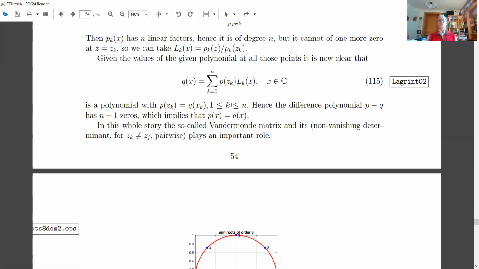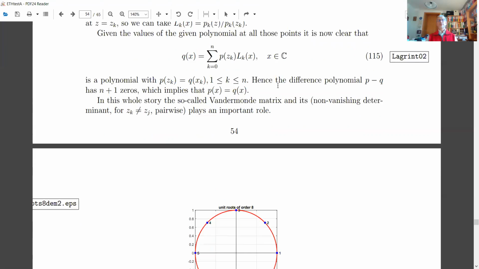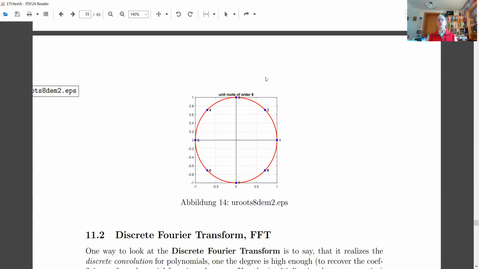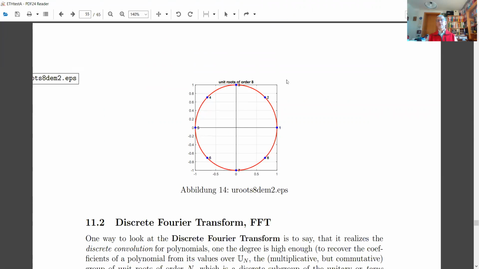Now, what has this to do, and why do I tell you this story? It's because we're now discussing the connection next between polynomials, evaluation of polynomials at unit roots of order n, and discrete convolution. That's actually, for me, an eye-opener, so a way how you can explain a lot of basic properties just from properties of polynomials or from the property of the unit roots of order n. So just to give you an idea,